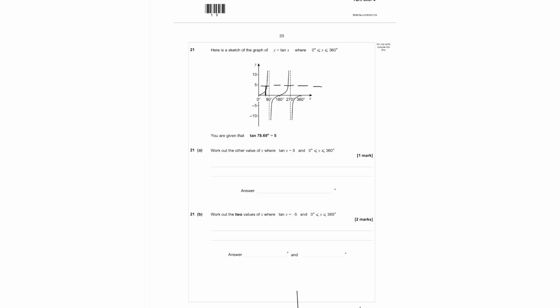Well, you can see that the dotted line meets the graph again here, and the thing about tan x graphs is that they are symmetrical and repeat every 180 degrees, as you can probably see there. So to work out the answer for part A, we just need to add 180 degrees to our first point, and that's going to give us